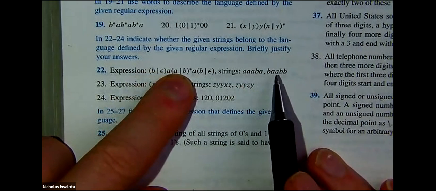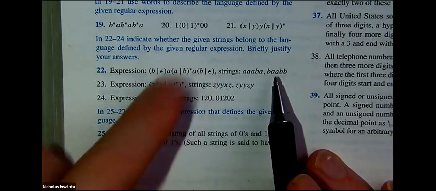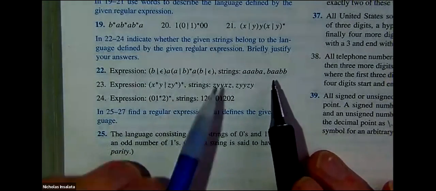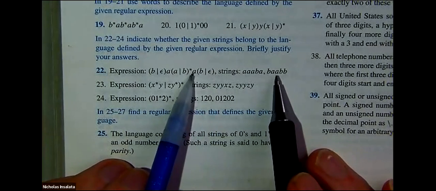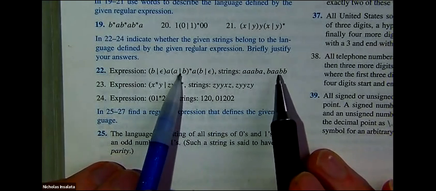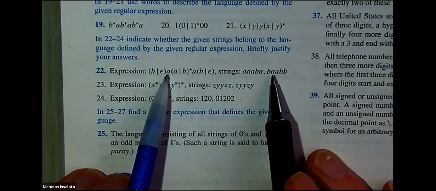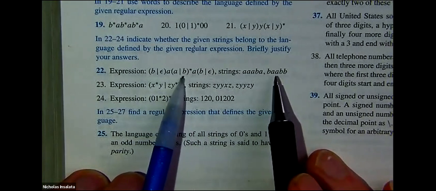Then here, you can generate an A, but that A has to be this one. Let me get a better pointer. There we go. My finger's too fat. This A has to be this one because you can't do A, B, right? So let's start at the beginning. You have your B, you have your A. This A has to be this one and not generated from here,